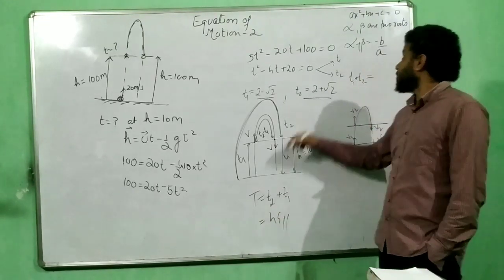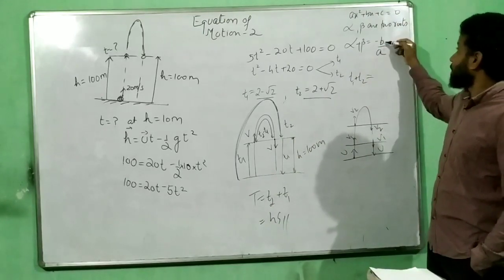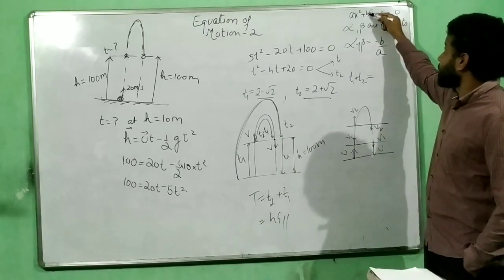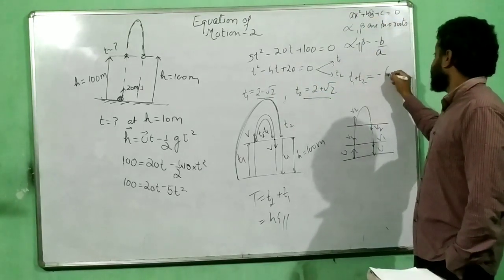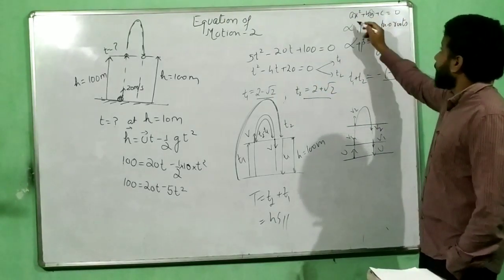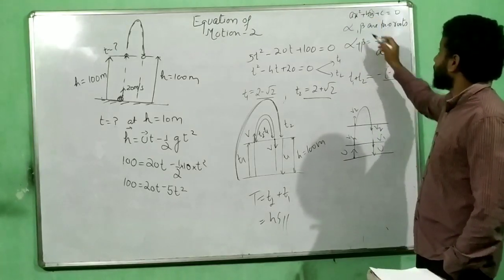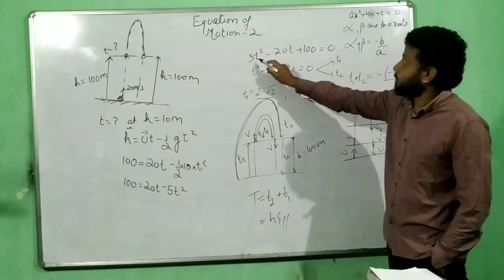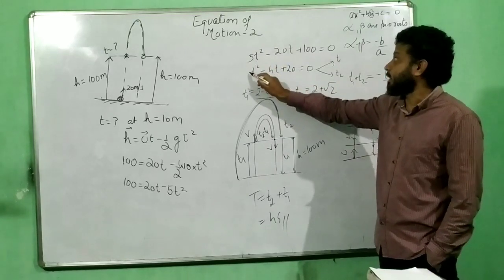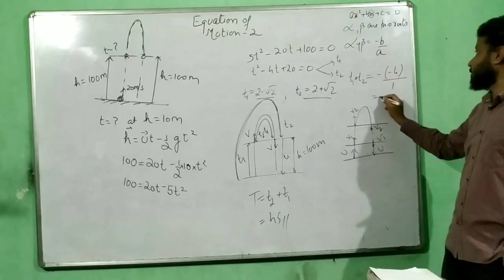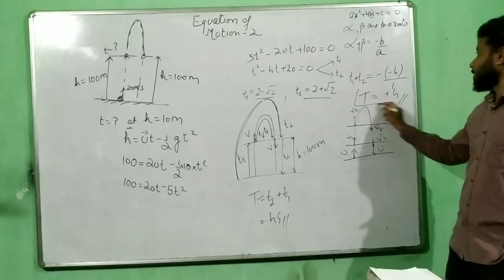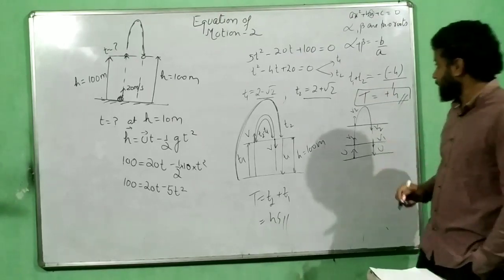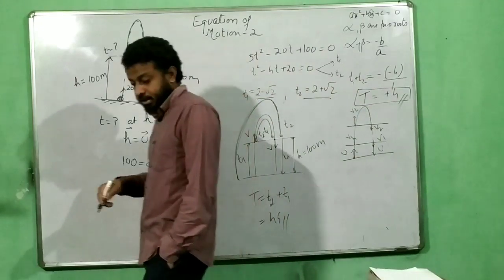Now we know it is 4 seconds, but let us try to get the answer. What is minus b by a? The b is the coefficient of x. What is the coefficient of t here? Minus 4. So minus of minus 4 by a. What is the coefficient of x square? The coefficient of t square is 1 here. So we get right away the answer as time of flight. You don't have to solve further. It's just t equal to plus 4, right away you get the answer.